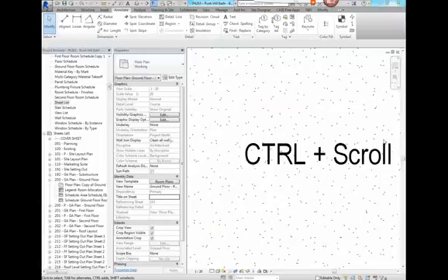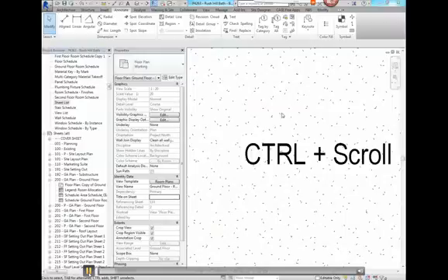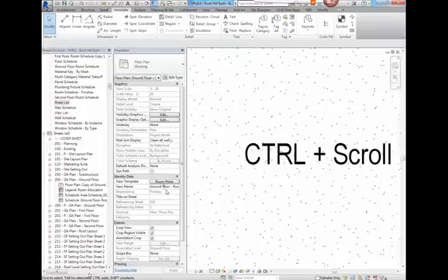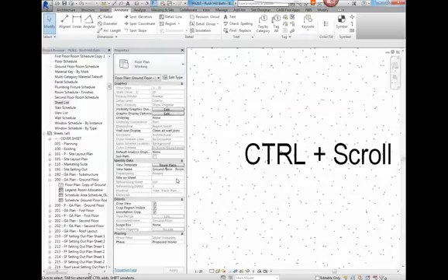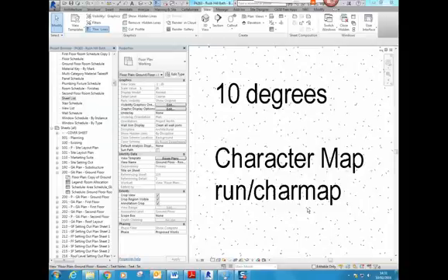So just using your mouse wheel and control, you can change the size of certain windows, such as here. Within the properties palette, if you use control and scroll, you can squidge it down and squidge it up so you can read things a bit better. This is sometimes a problem if you're working on a tiny little monitor or a laptop. Hope that one was clear, so that's just control and scroll on your mouse. Next one,